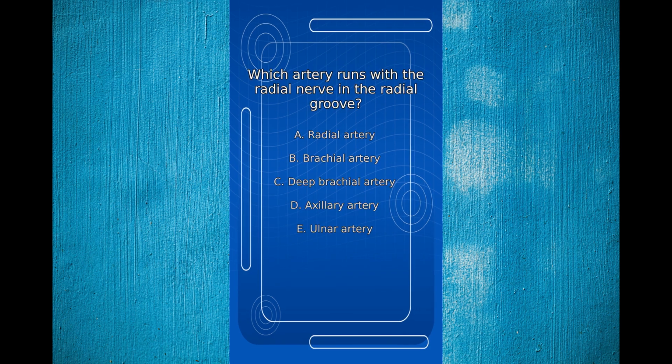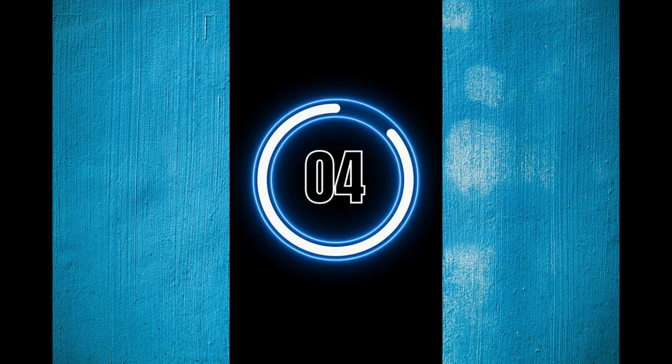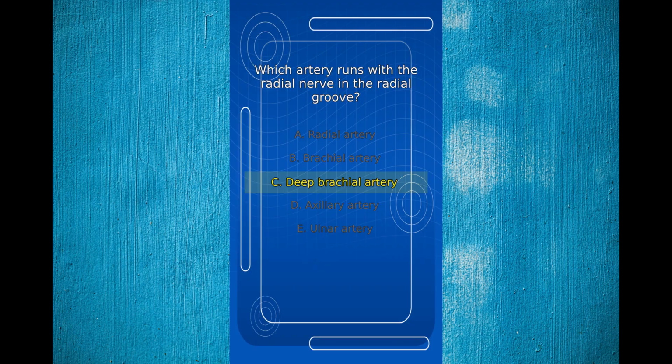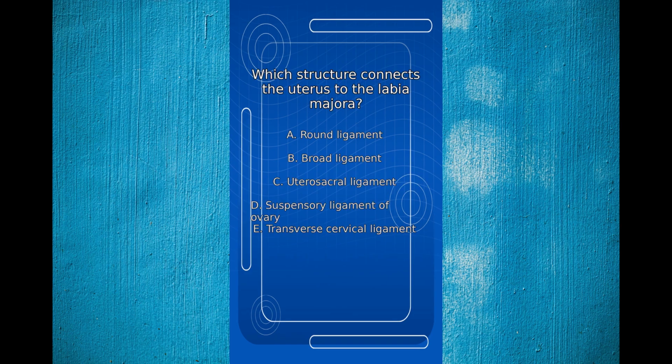runs with the radial nerve in the radial groove? The correct answer is C. Deep brachial artery. The deep brachial artery, profunda brachii, accompanies the radial nerve in the radial groove. Which structure connects